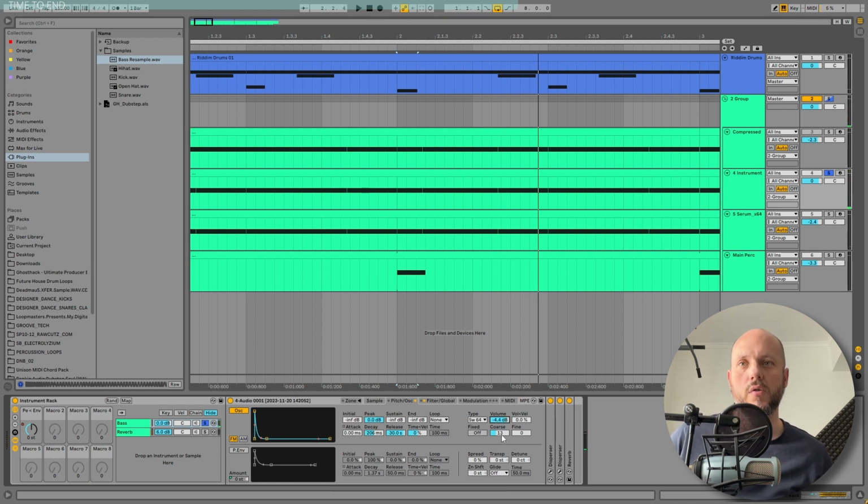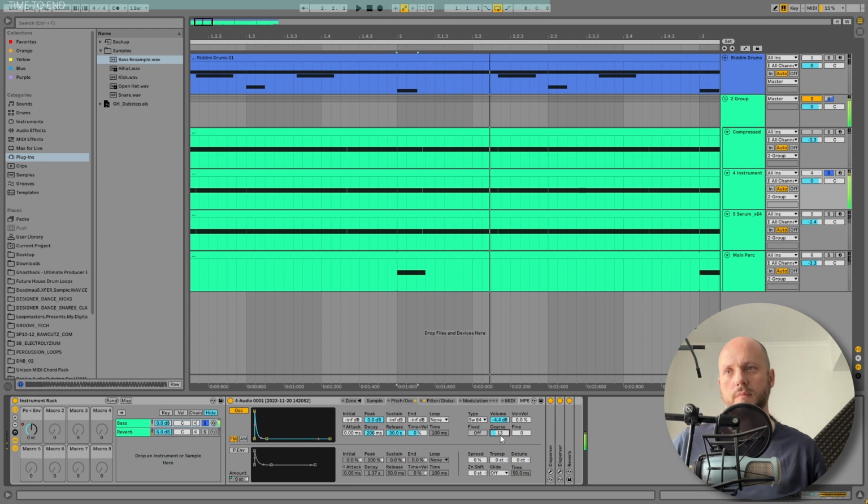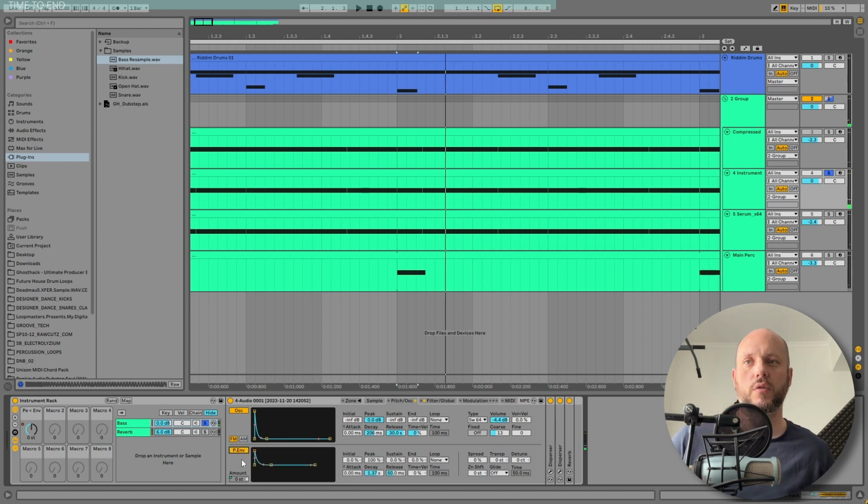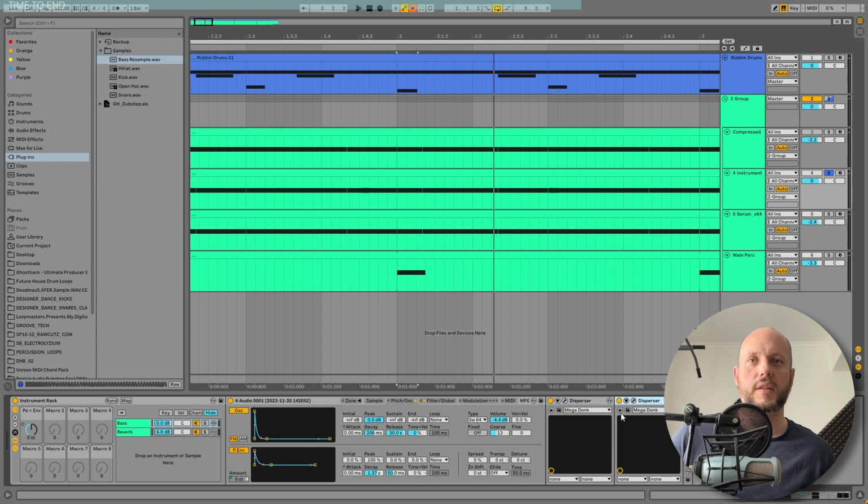And if I play with the chorus, you need to find a sweet spot for your own sound, but I thought that on 13 it sounds pretty good. And I also played with the pitch envelope a little to find different sounds. Then I added 2 instances of disperser and the reverb to the end, but I felt